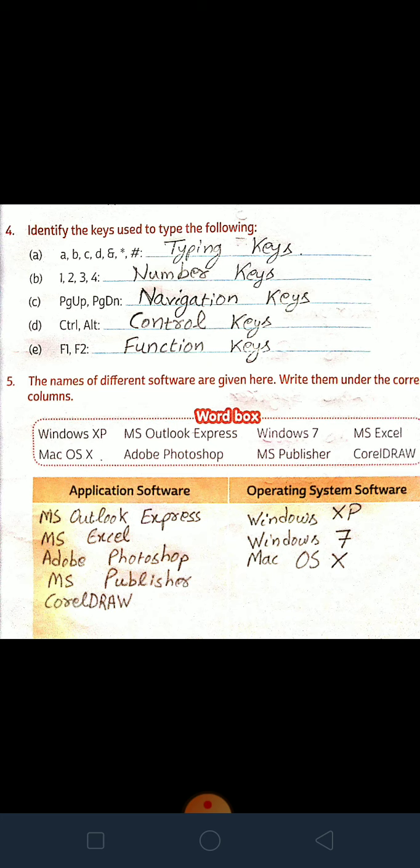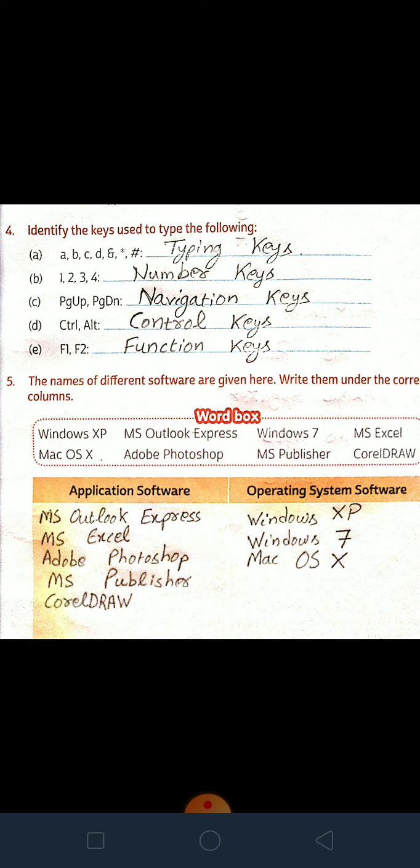See children, a word box is there. What are the words given? Windows XP, MS Outlook Express, Windows 7, MS Excel, Mac OS X, Adobe Photoshop, MS Publisher and CorelDRAW.